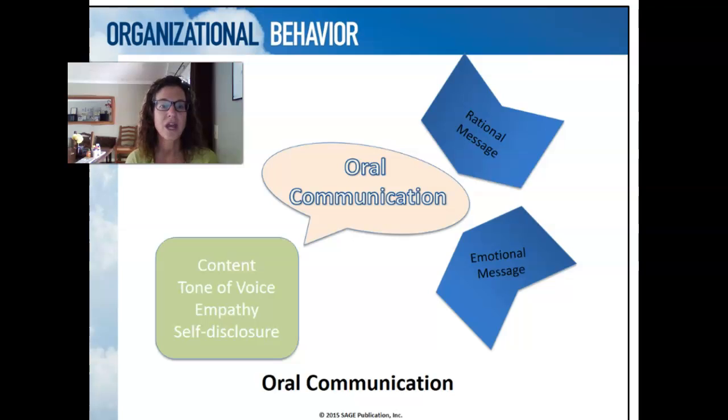So how do I know, as the sender of a communication, which channel I should choose? This depends on the characteristics of the communication. Very often students say the importance of the message means that I should use a high richness communication channel. But that is not necessarily correct. I can communicate a very important message, a very urgent message, through text or through email. And so it is not necessarily the importance of the message that determines which channel we should choose. Rather, it's the complexity of the message.